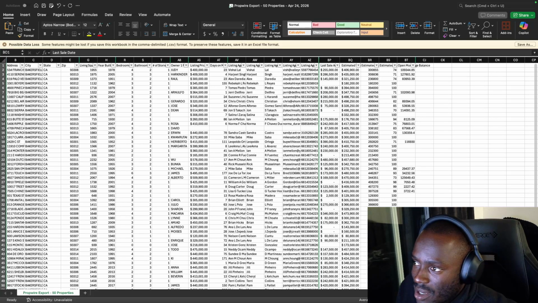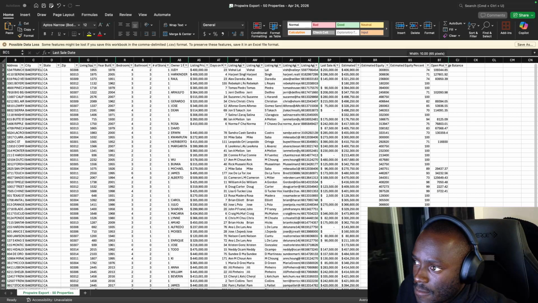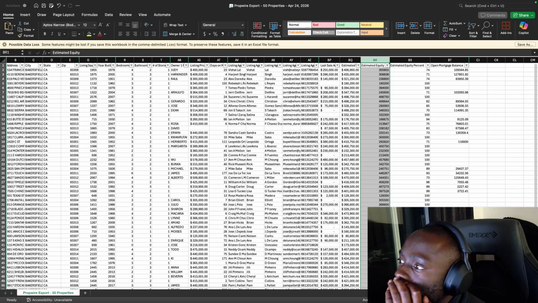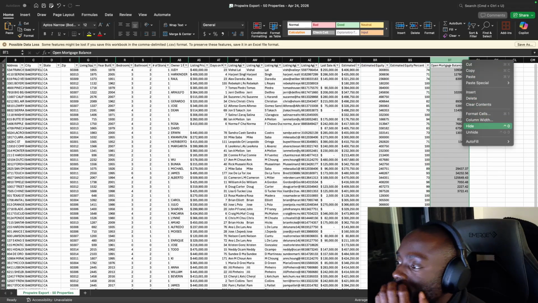How long it's been on the market? Maybe. Can we see this estimated equity? Estimated equity percentage. Mortgage balance. We don't really need to know that.